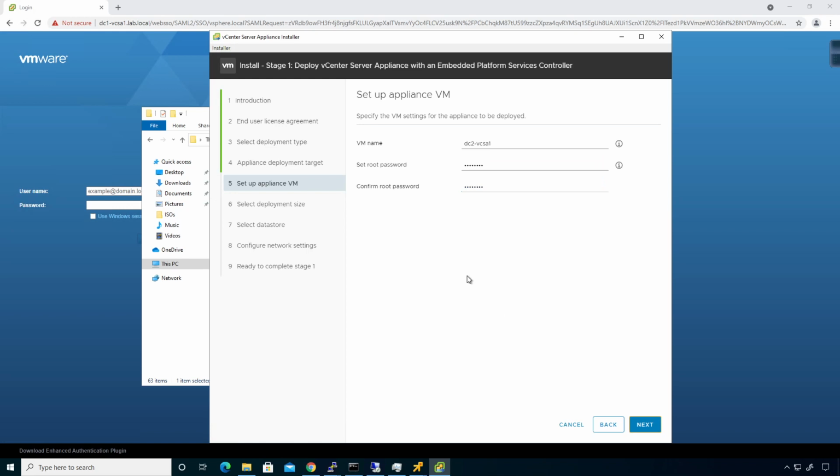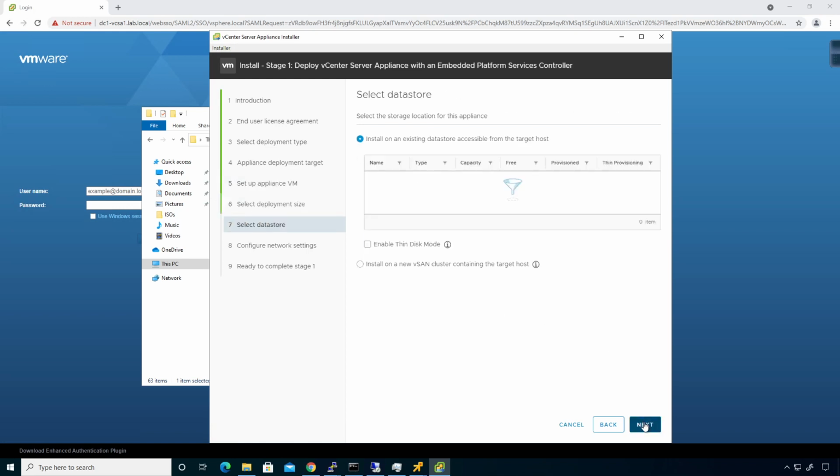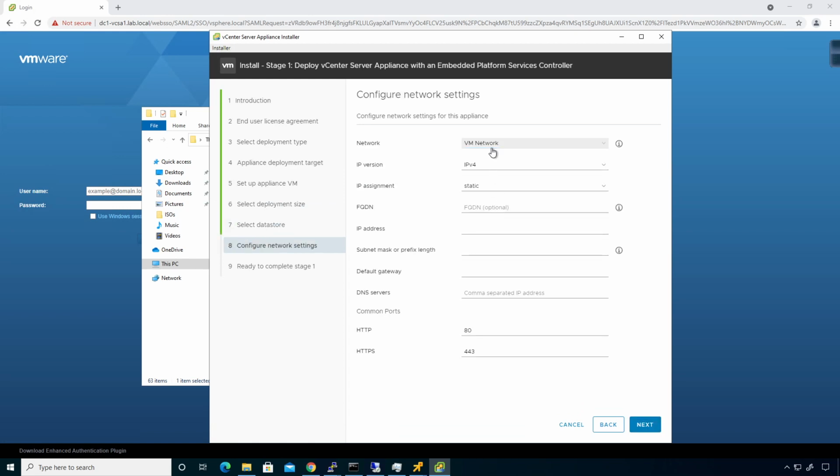The deployment size will be tiny. And then we'll click next on that. We're going to put it in the QNAP thin provisioned. Click next. Put it in VM network. Actually, I'm going to put this in lab trunk. We're going to go ahead and specify